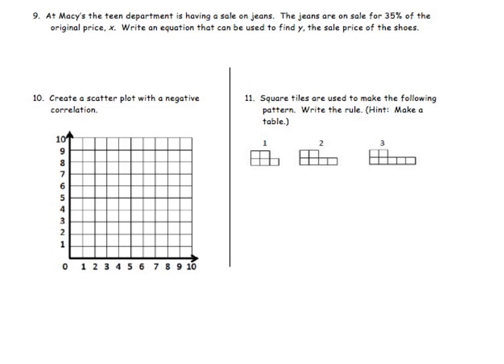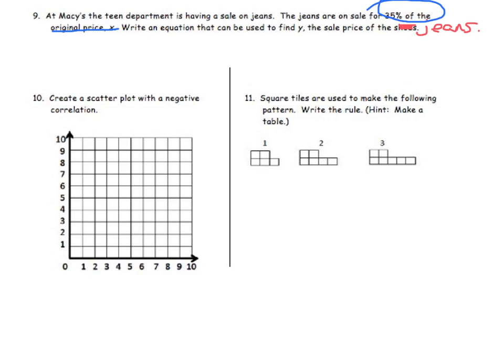Okay, so the first thing to notice when you read number 9 is at the end, we're talking about jeans at the beginning and we're talking about shoes here. So that should say jeans. So don't let that confuse you. Now this is another one of those questions they love to ask on checkpoints, major exams, and the STAR test when they're talking about a percentage. The sale is 35% of the original price